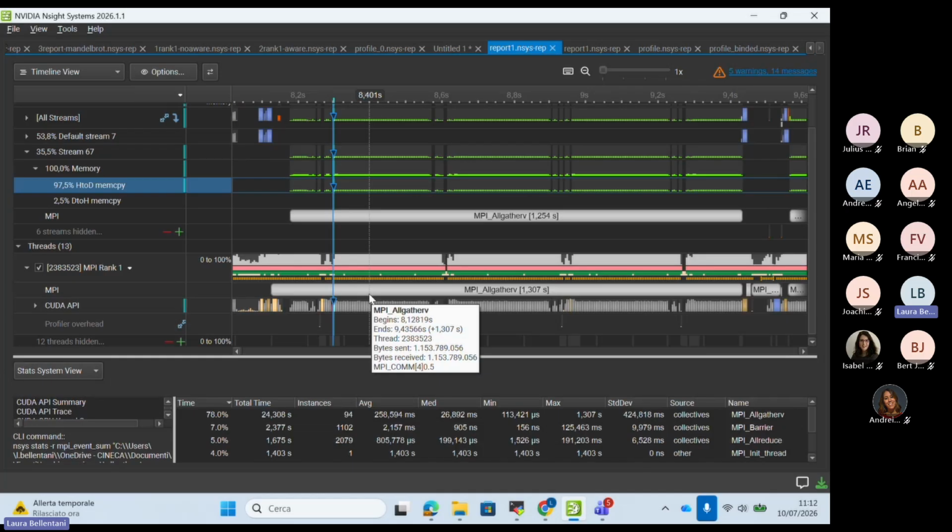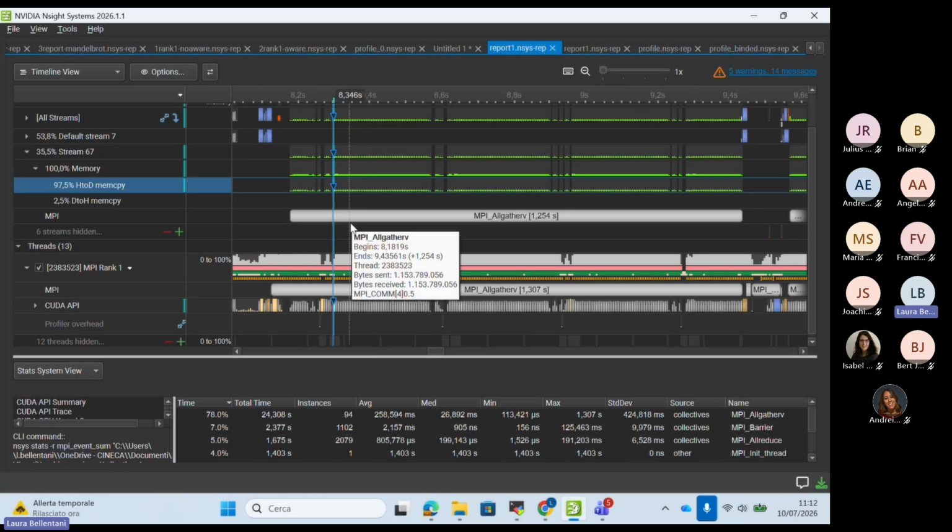The library, in principle, supports aware Allgatherv communication, but for some reason the data were staged through the CPU. And this happened in a pretty silent mode because there was no warning about this. But if I open the report, I can clearly see that here the library is staging data through the CPU, differently from what I would expect.